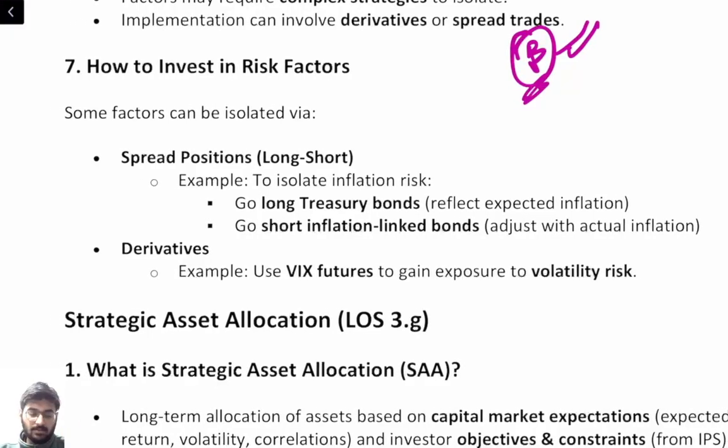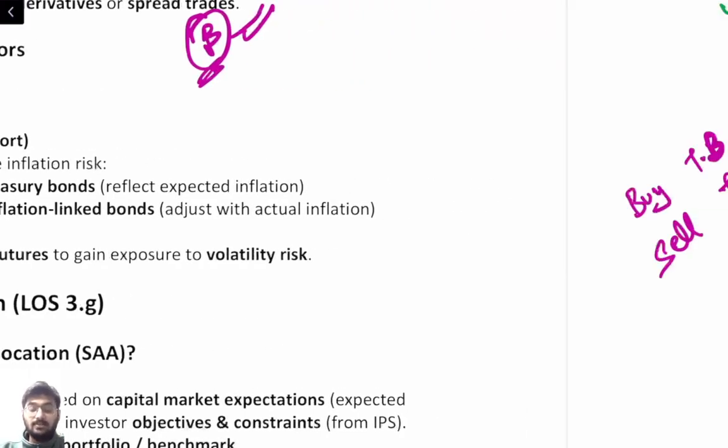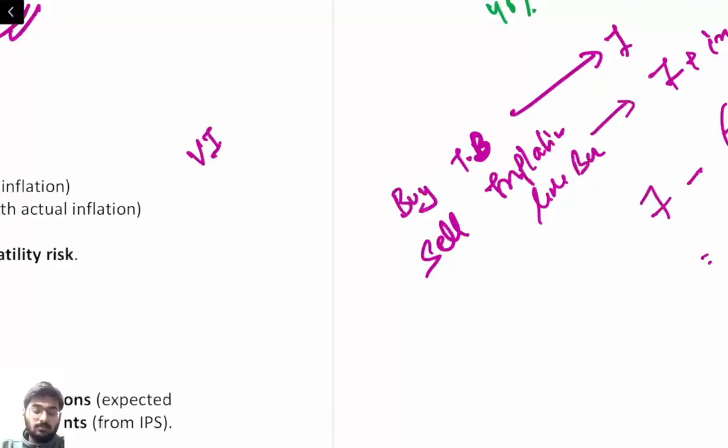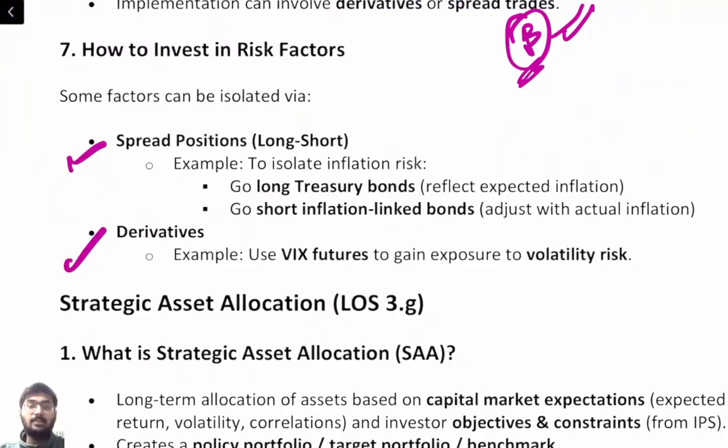Second is your volatility risk. Suppose you want to invest in the volatility. Clear? Investors can invest directly in the VIX futures. In many countries, you will see that VIX futures are getting traded. We call this a volatility index. So the payoff depends upon the movement in the volatility. Are you clear? So there are different methods by which you can actually trade into those risk factors.